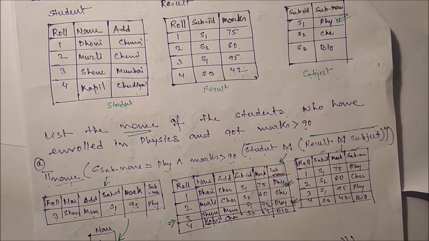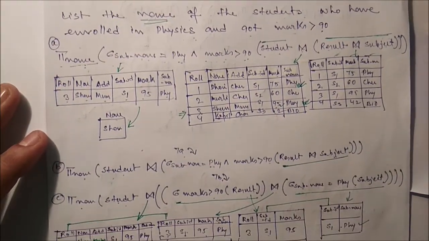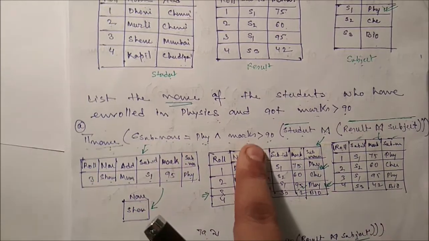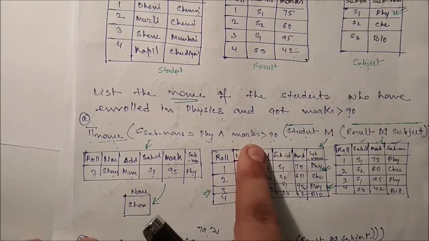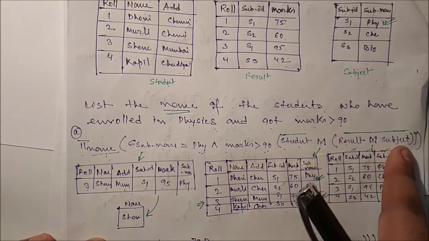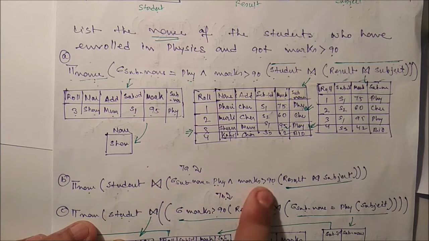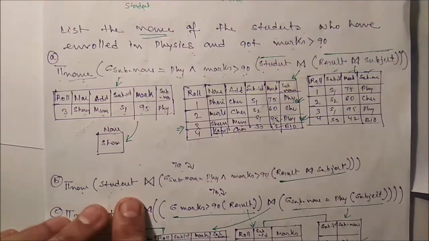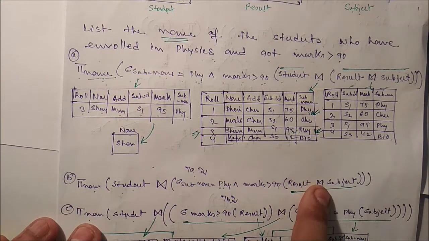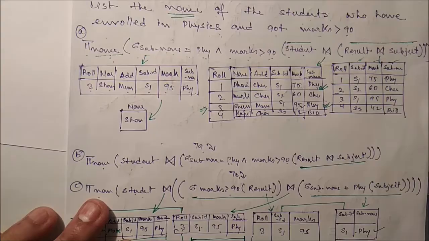Are you getting this one? Now, can you do something different? We can see here that subject and marks, these two attributes, are not associated with the student. These two are associated with this particular table. So if we implement this condition first, then merge with the join, and then apply the projection, that we can do. Here you may see, we have used the condition. So we can see which one is better.